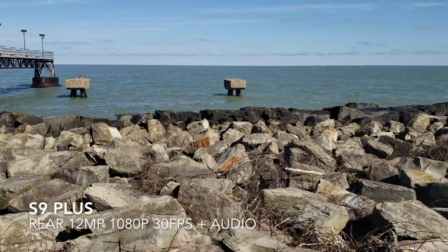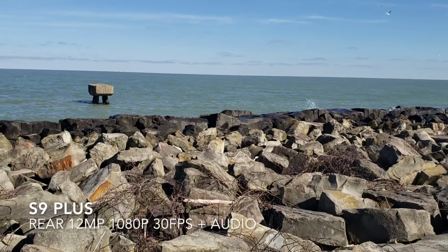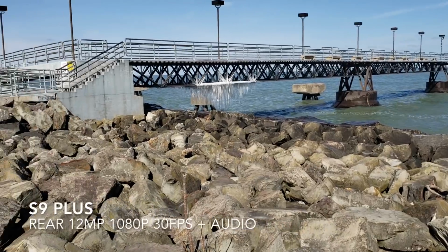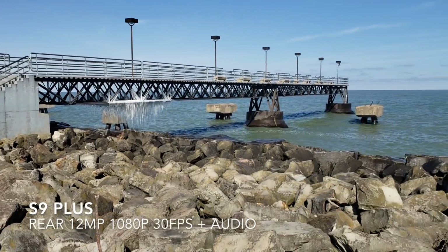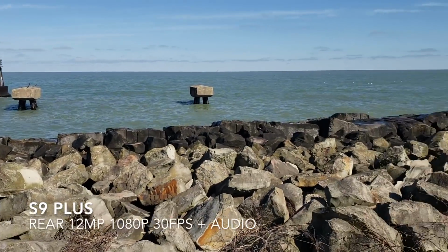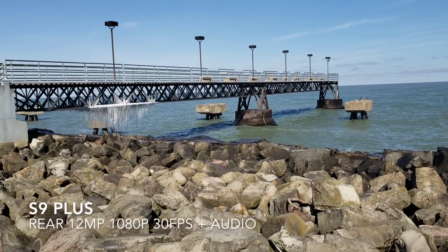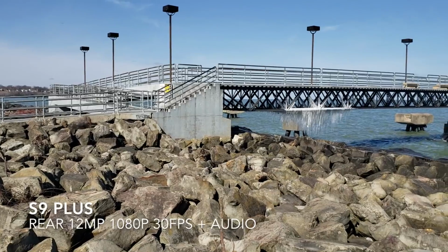Looks pretty good. What do you guys think? Rear facing camera, 12 megapixels. These are default settings, so we actually have out of the box settings, everything set to default. So it's actually 1080p, 30 frames per second, I believe, and then the front-facing camera is 8 megapixels, which is also set at 1080p,